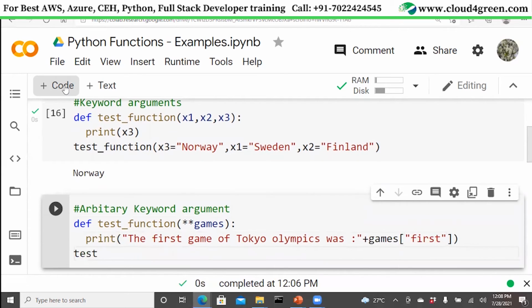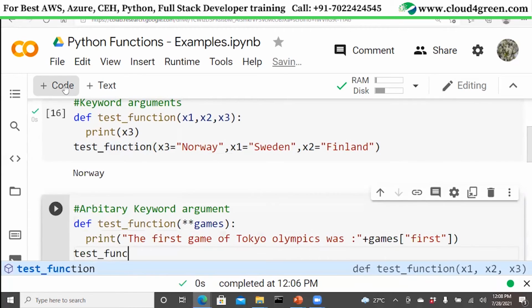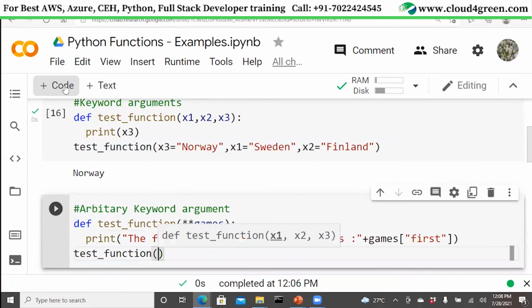How I'm going to pass this argument? Test function. Now this is the place where I can pass any number of keyword arguments. So here in this case there were 3 arguments. I passed 3 key equal to value pairs.